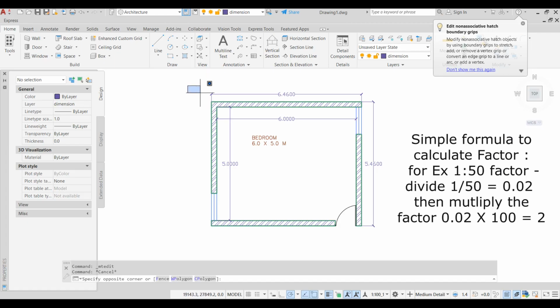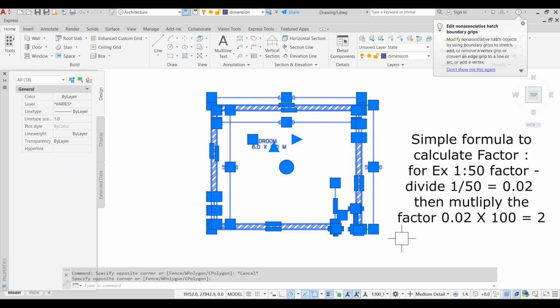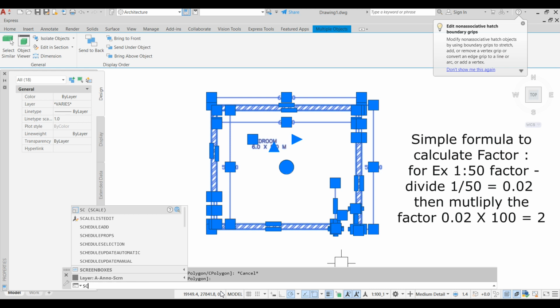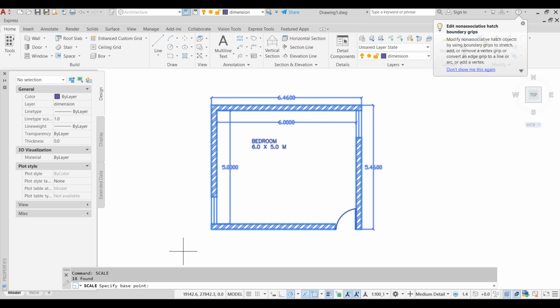Now as you can see I have selected all the drawing, and then you just have to type SC in the command box below, and you can see there is a first command known as scale. You have to click on it, and then you just have to specify a base point, and you can see how it is scaling. You can scale it down or scale it up. Here you can either do a factor method, or you can simply have a reference point to do your scaling. So the first method is factor.